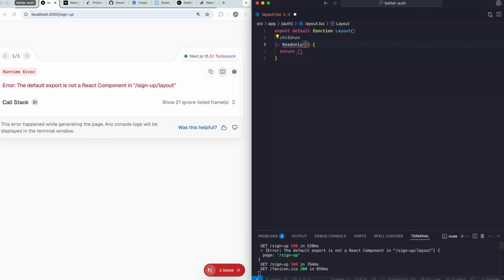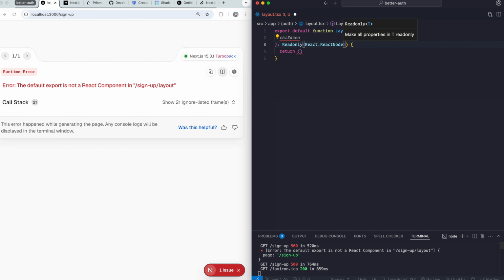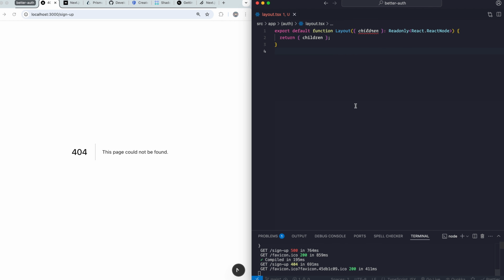And this is going to be a type of React node, like that. And here in our return, children, like that. It's giving us a 404 because it's not quite there yet, because this one is actually going to be like that. So you're going to say children. That's going to be type of React node. Okay, so instead of this,